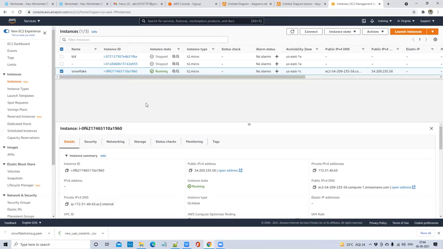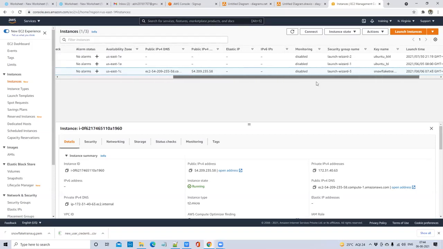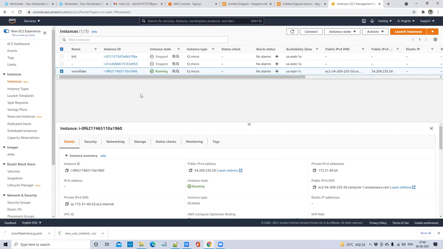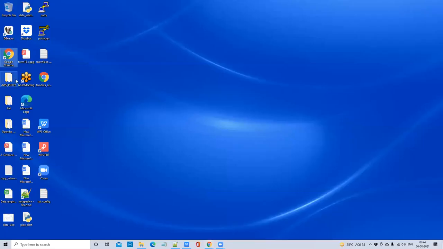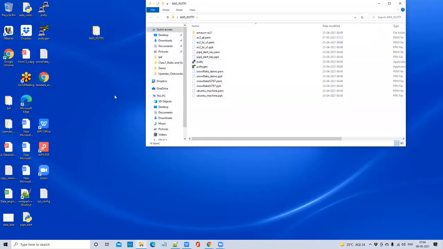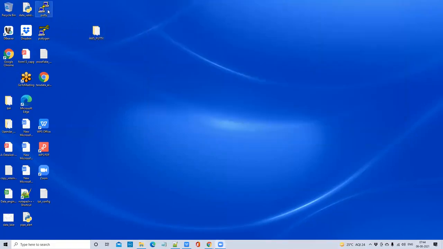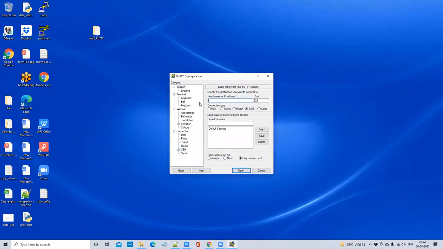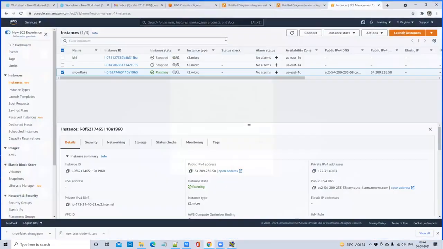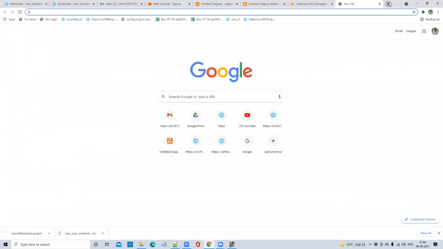So how to log into this machine? If you already work with Linux machines, you have a software called Putty, right? Through Putty, you log in to this machine. You need to know Putty. It's a simple thing. You can directly download it. It looks like this. Here you need to give all your machine details. You can directly download it from Google. Putty.